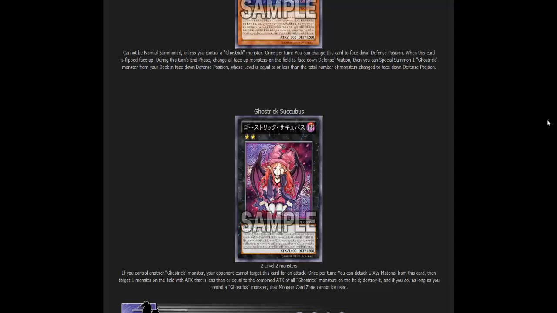It is a rank 2 dark, 1400 attack, 1200 defense. It requires 2 level 2 monsters to Exceed summon into it. If you control another Ghostrick monster, your opponent cannot target this card for an attack. Once per turn, you can detach one Exceed material from this card, then target one monster on the field with attack that is less than or equal to the combined attack of all Ghostrick monsters on the field. Destroy it, and if you do, as long as you control a Ghostrick monster, that monster card zone cannot be